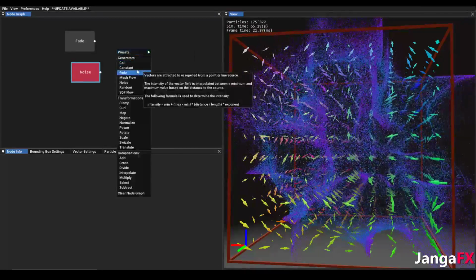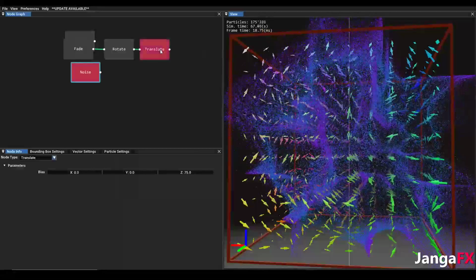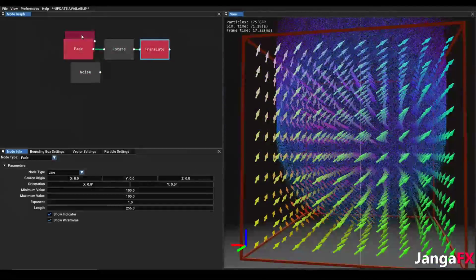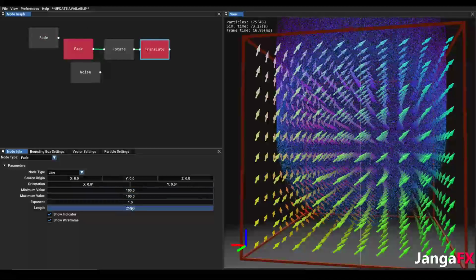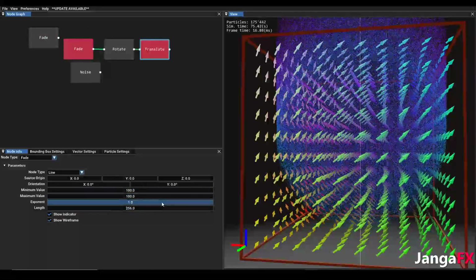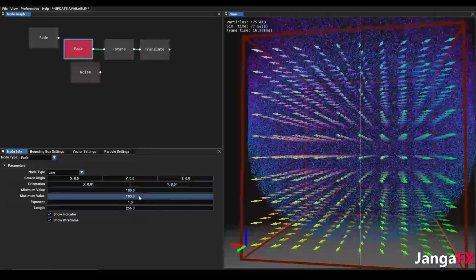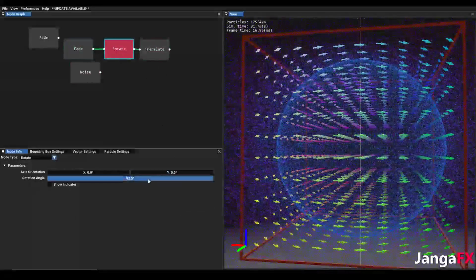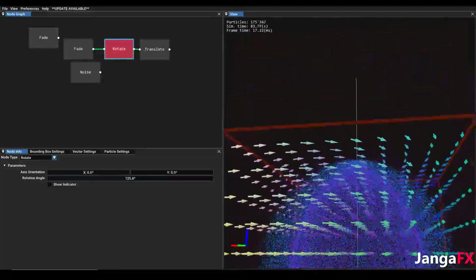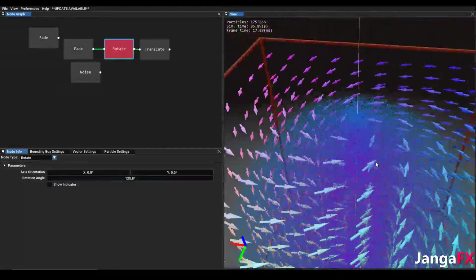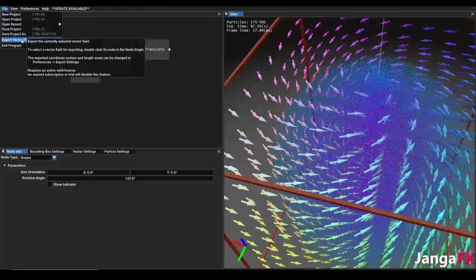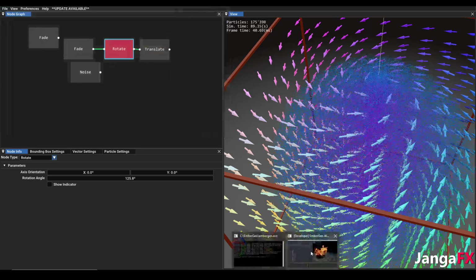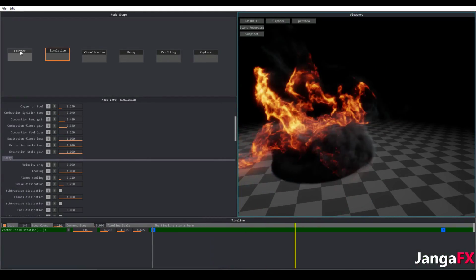And then you can say, okay, I want a helix vector field or whatever, and maybe we want to take this thing and make it go. So let's go to our fade, actually, we need to go to our rotate. Maybe we'll make it angle inwards a little bit more so that we get a nice spiral inwards. And then from here we can export this again, say test 2, and then go into EmberGen,